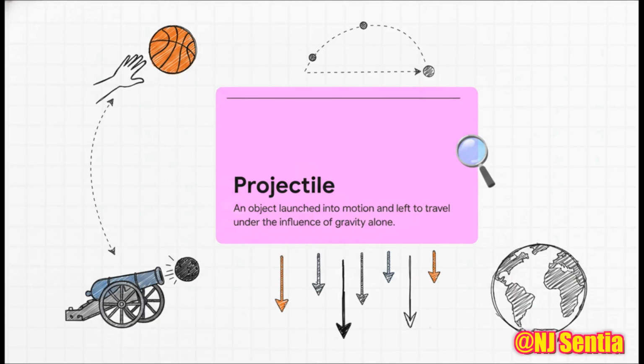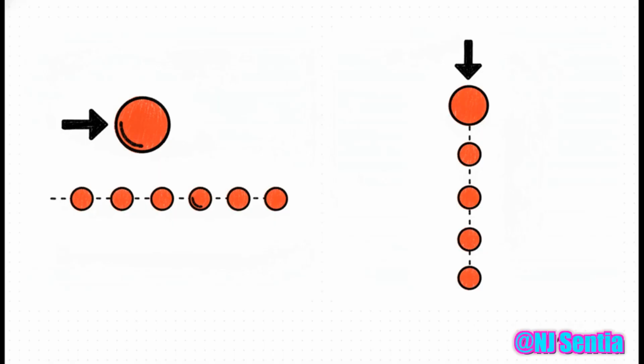Now, the grand secret to this whole phenomenon, which was actually first formalized by Galileo, is that the motion of a projectile can be cleanly split into two entirely independent problems. Think of it like two totally separate movies playing on top of each other at the exact same time. Horizontally, there are no forces acting on the object, so it just cruises along at a constant, unchanging speed. But vertically, gravity is constantly pulling it downward, increasing its speed by 9.8 meters per second every single second. And the crazy part is, these two motions do not interfere with each other at all.